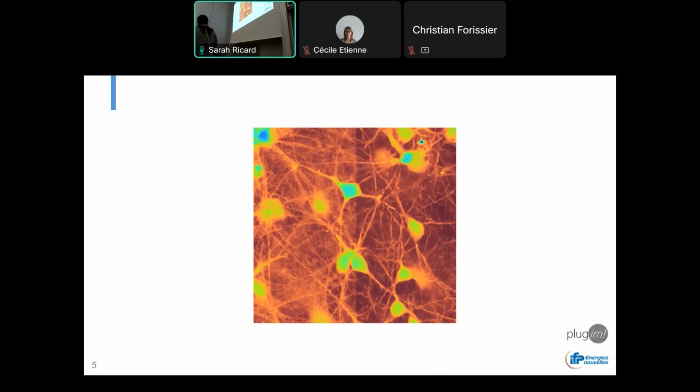Another image example in the field of biology. Here you can see on the left side some neuron observation with dendrites. Okay, it's an observation with digital holography. So what is particular in this image is that you see some neurons in yellow, and you see some connections here with the dendrites, but you see also a lot of noise. Okay, you have some random noise, but